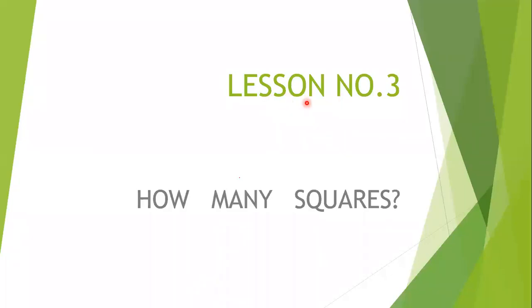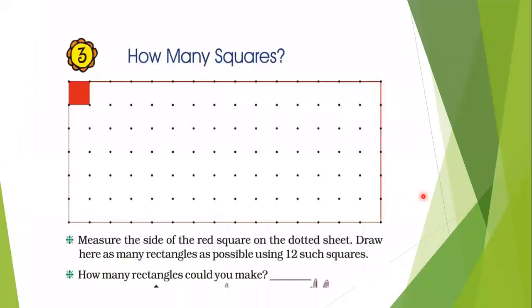Children, I hope you all have watched all the earlier videos of maths. You have to write them down in the notebook. I hope you will be doing that. From the last two videos, you learned about the properties of square and rectangle and the formula to find the perimeter and area of square and rectangle. Today, we are going to discuss a question from the textbook.